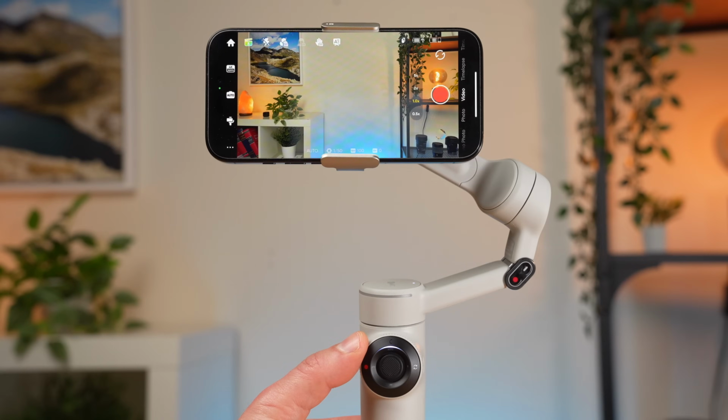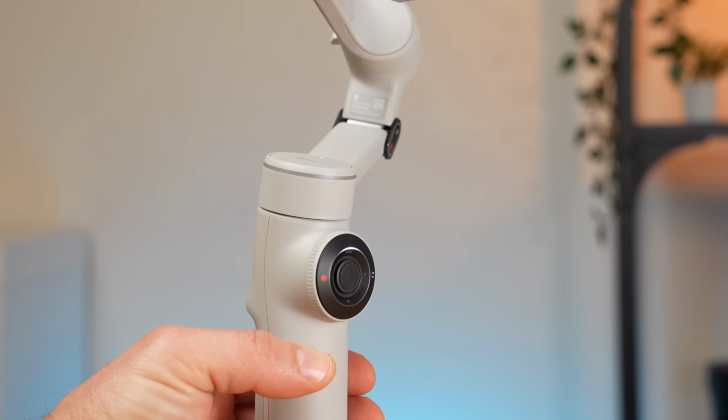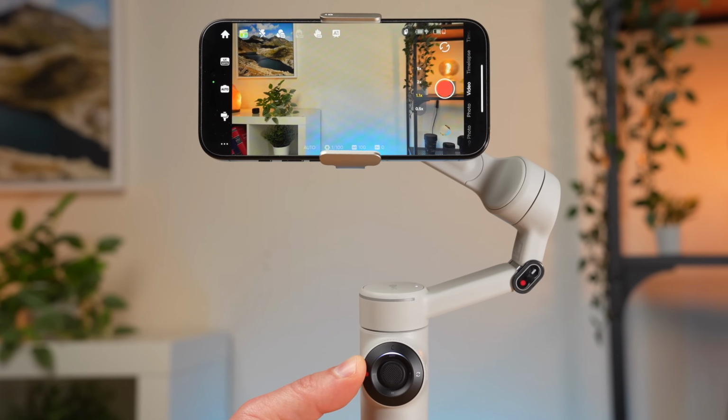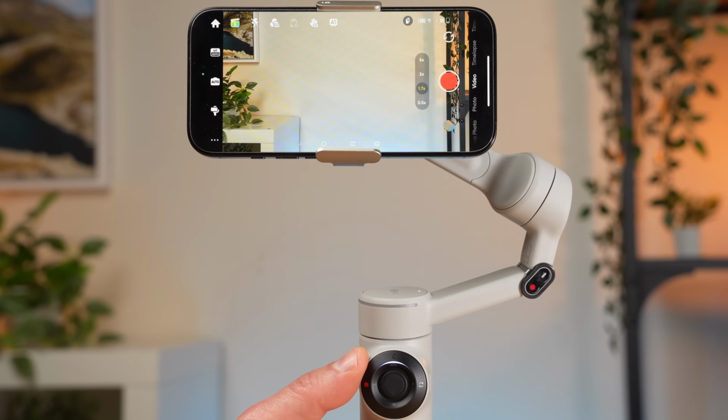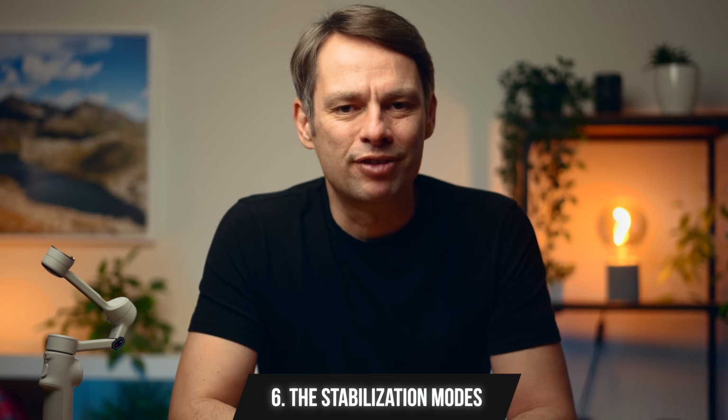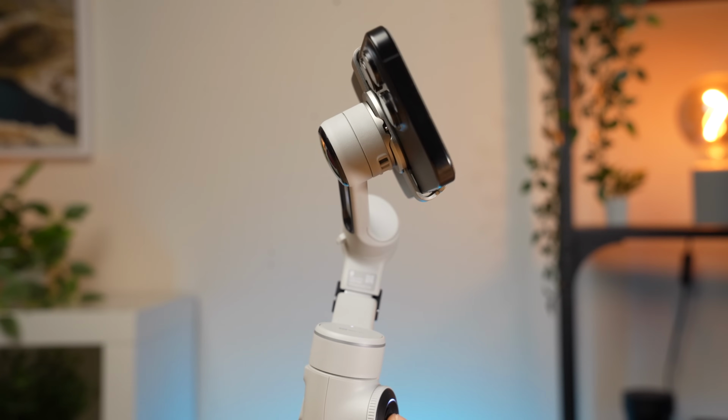To do this, you briefly turn the zoom wheel to the far left or right and then leave it off. This way you avoid digital zooming. Okay, we haven't talked about the different stabilization modes yet. And here too, the Flow2 Pro has 2 very special features, so that you understand what is meant by stabilization